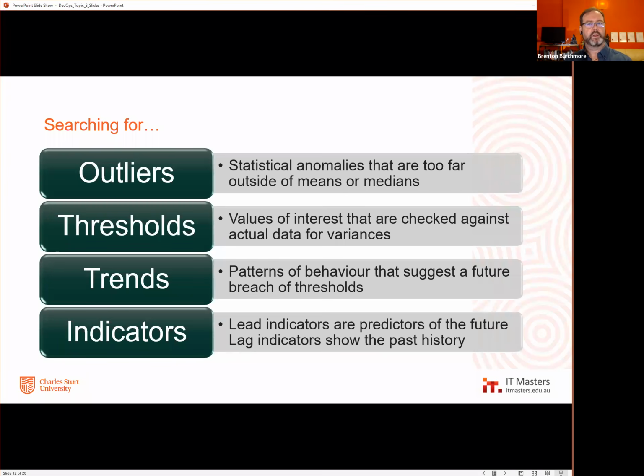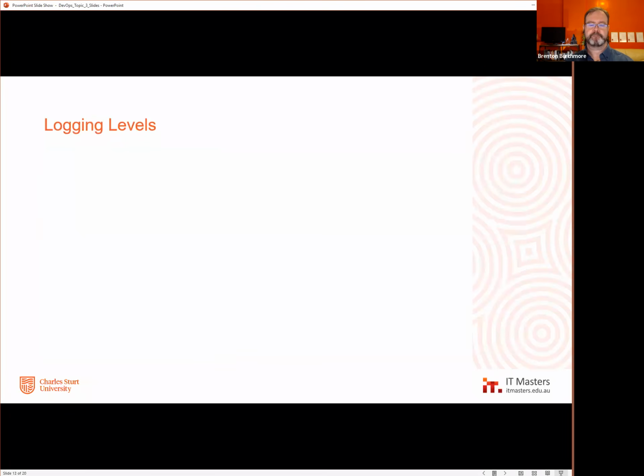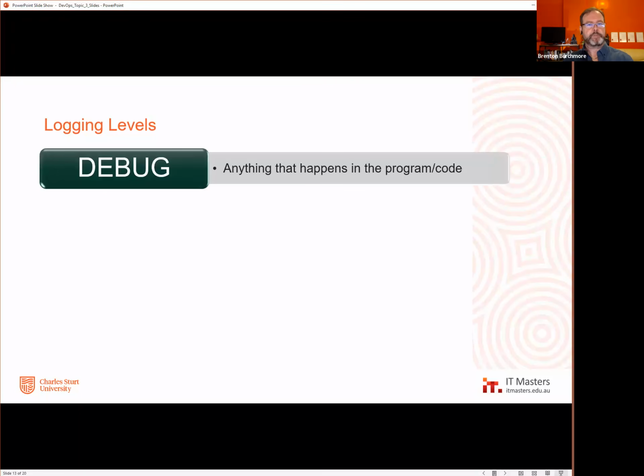Or we're going to look at the leading indicators. So there's different levels that we might log things at. And I've given a blanket idea thus far, but there are some different layers. We might log things at the debug layer. And many of you have used this and heard of this before. This is the log everything. Now, this usually has an overhead. This is not something you have on all the time. This is one of the things that this kind of monitoring, you might turn on selectively because the investigation you've done thus far has narrowed down what or where the problem might be.